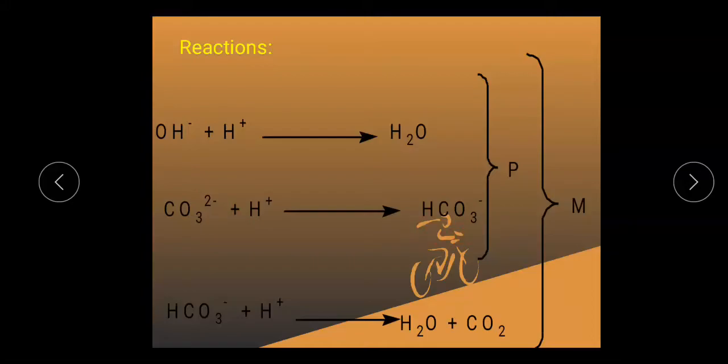See here, in the third reaction, HCO3 minus, that is bicarbonates, are present along with some carbonate ions, and on addition of acid, that is H plus, they get neutralized. Means that's why we are showing this with that arrow curve, showing that this corresponds to complete neutralization of HCO3 minus as well as some quantity, or half quantity, of CO3 2 minus present in the solution.